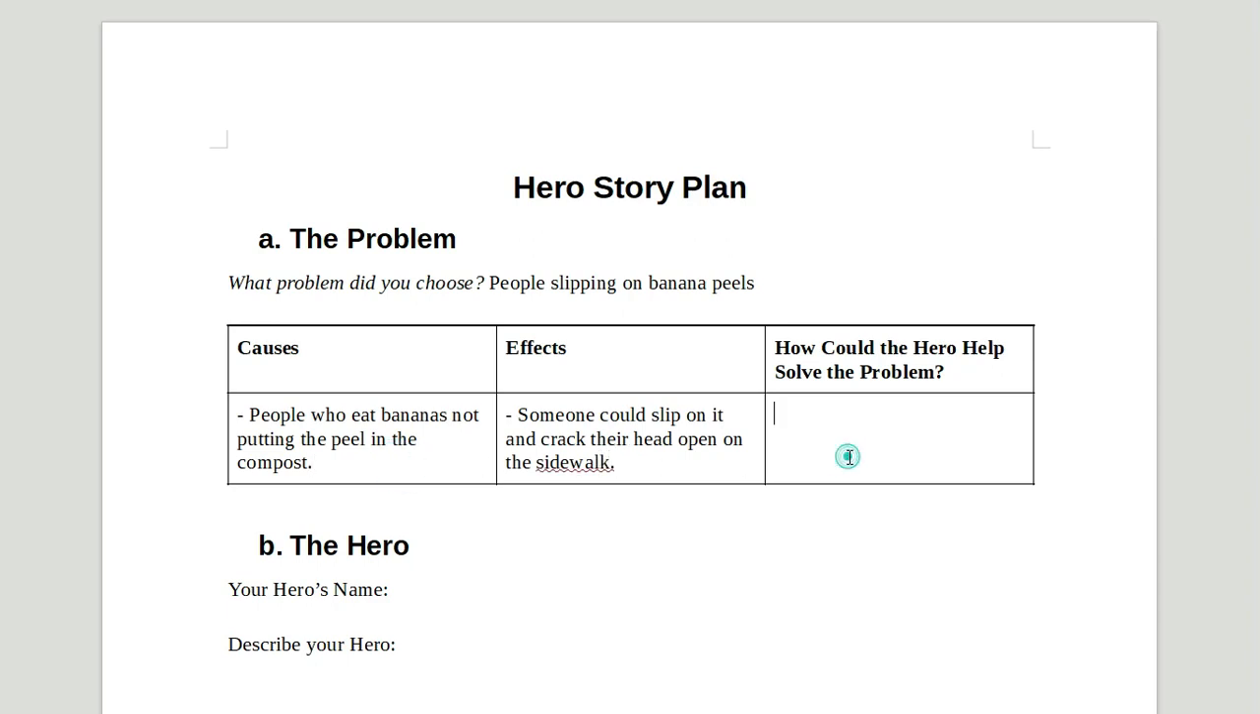That's a big problem. These two parts you've already researched, right? These are the parts that you did yesterday when you were researching the causes and effects of your problem. So you can just choose the ones that make the most sense for your story and put them in here. But this third column here, how could the hero help solve the problem, is something you might not have researched yet. So you might need to do a little bit more research to find out how some of these problems can be solved. My solution is going to be